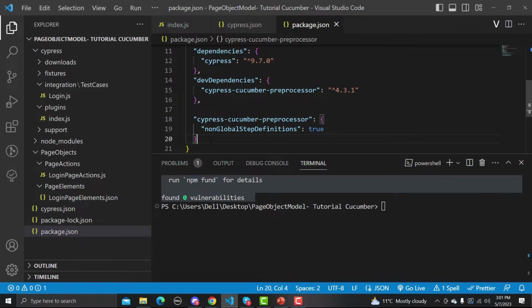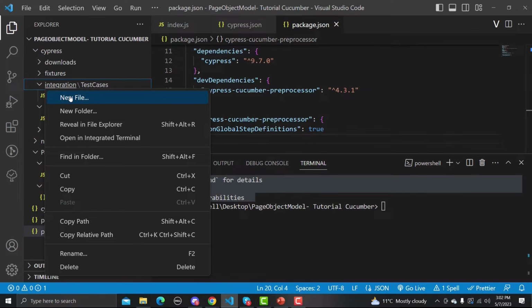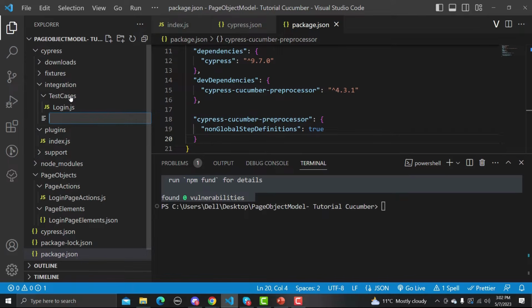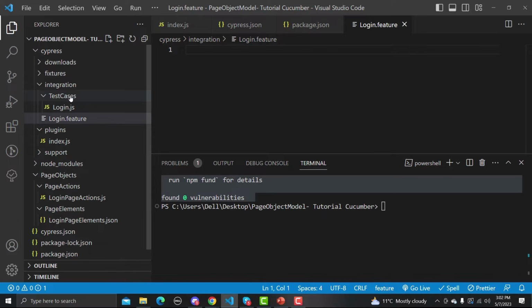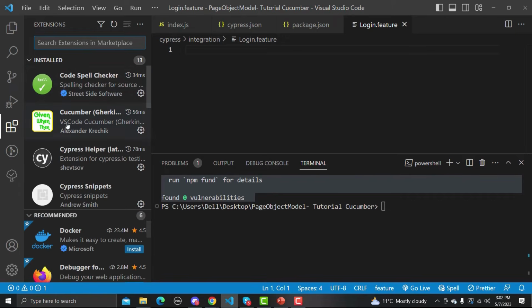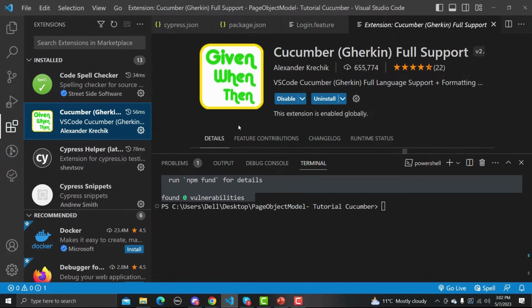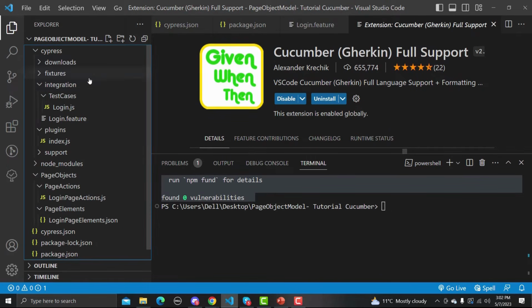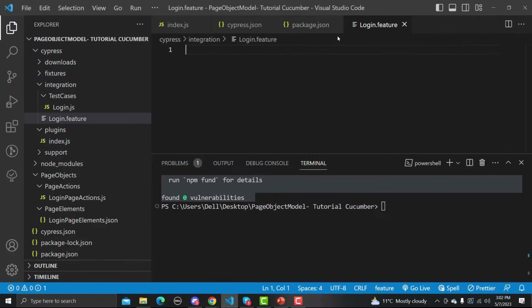Before we start working with the Cypress file itself and creating the feature file and working with Gherkin, let me tell you some rules here. The rule is that you need to create a feature file inside this integration folder. The first thing we need to do is this. So inside this one, I'm creating a new file. I'm naming it login.feature. I have already installed a very good extension here. Let me show you here. This extension is very helpful when you are writing or creating a feature file. You should install this one. Okay, and let me go to my login.feature.